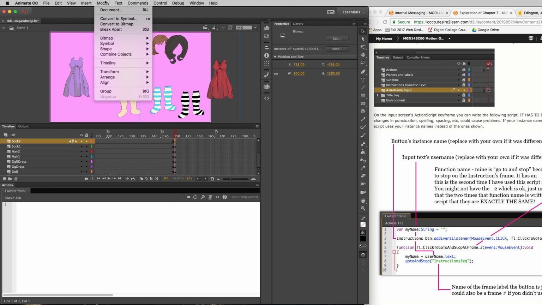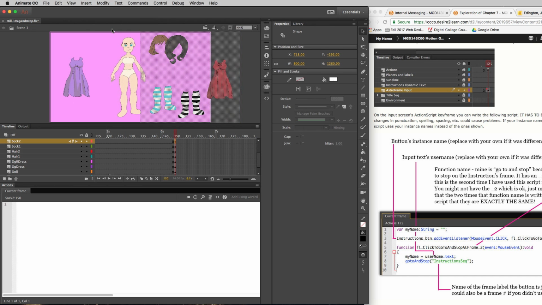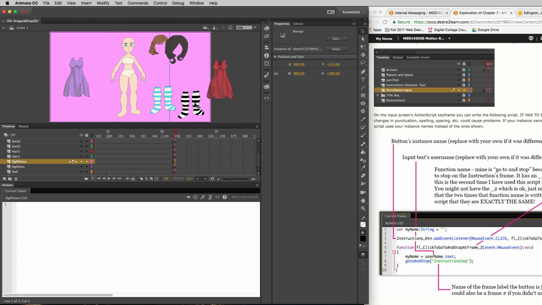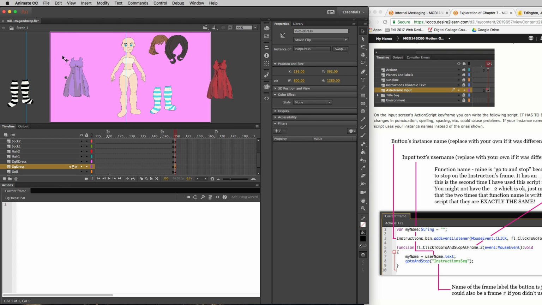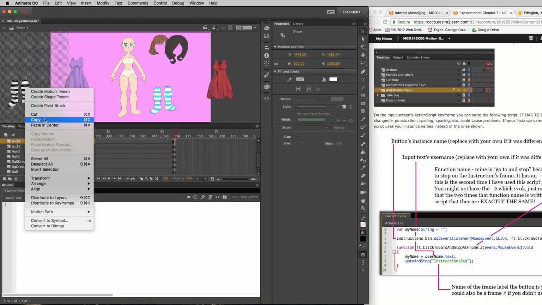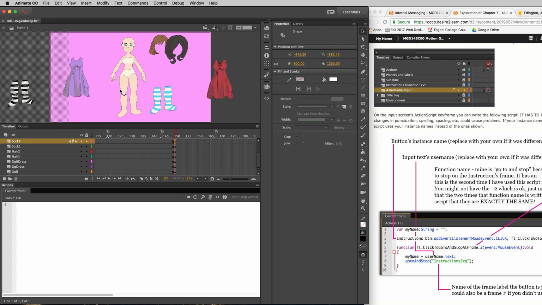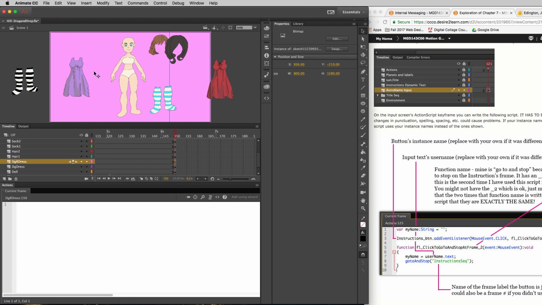So one thing you can do is you can do modify, break apart, and then that's just weird. I feel like that's weird. Right click. So working with bitmap images, you might need to just hand draw something or crop this down in like Photoshop or Illustrator or whatever, so that it only has that piece of illustration. So if we try this out now,